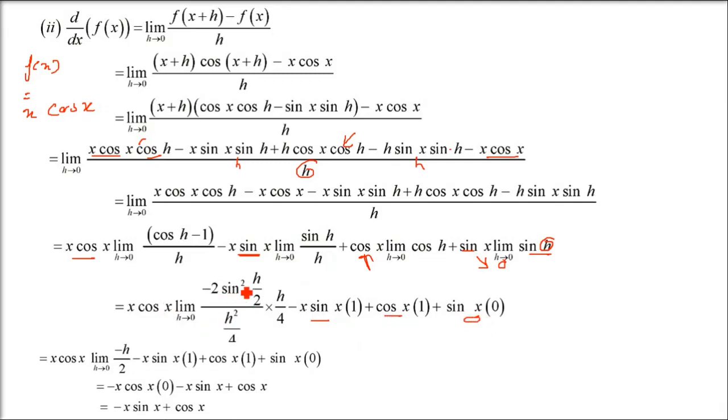And I told you that this is going to be 0. We already saw in the first question, and in almost every question this is going to come. So just assume that it is going to be 0. So minus 2 sin square h by 2, you need h square by 4, h was already there, you had h by 4, so you have to have h by 4 here also. This whole is going to be equal to 1 because it is sin h by 2 whole square, its limit. Now h is already there, so the whole term will be 0. So what will be remaining? Cos x minus x sin x, that is minus x sin x plus cos x.